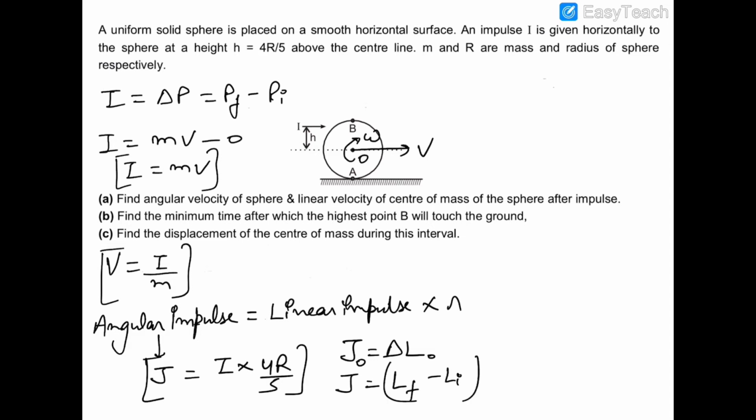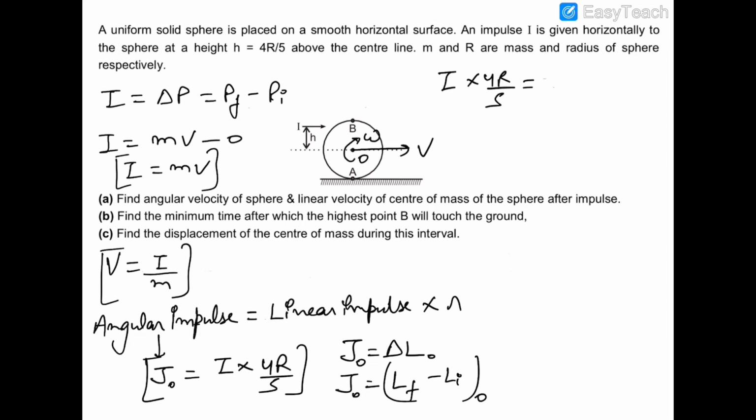So J will be equal to L final minus L initial about O. Now J is equal to I into 4r by 5, and that will be equal to the final angular momentum